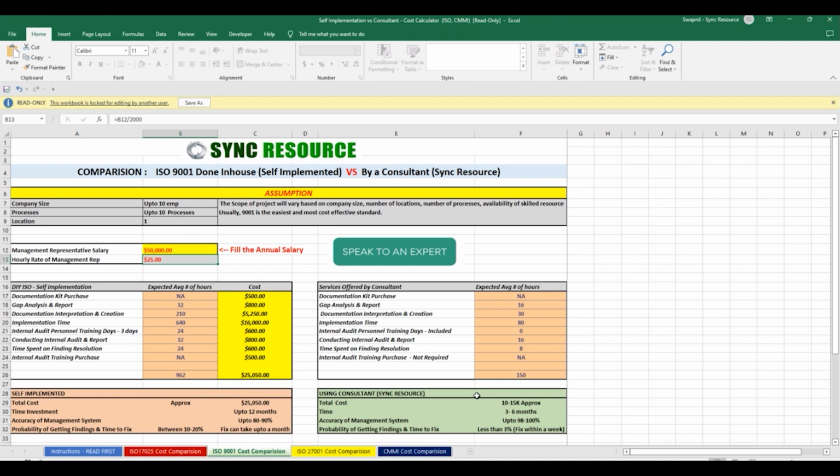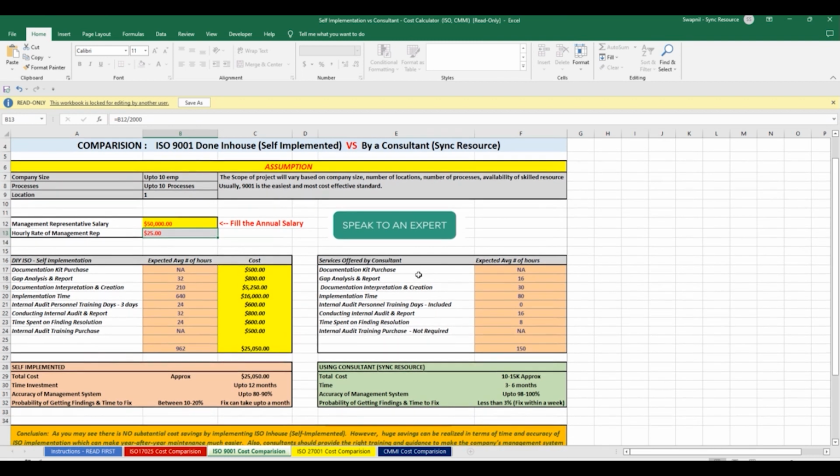The only difference is that because the consultant does this day in and day out, they probably know the tricks of the trade and can get it done faster. Many companies think that consultants are expensive and that doing it in-house comes out cheaper, but usually that's not the case, because it takes more time to understand and implement a system if you're not familiar with it. So this tool is designed to help you understand that,